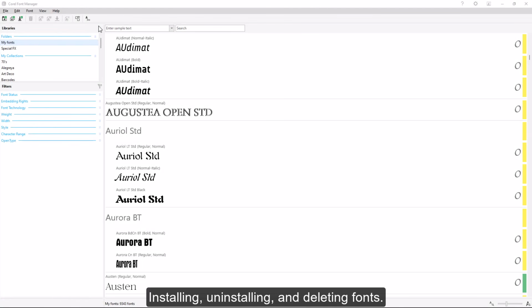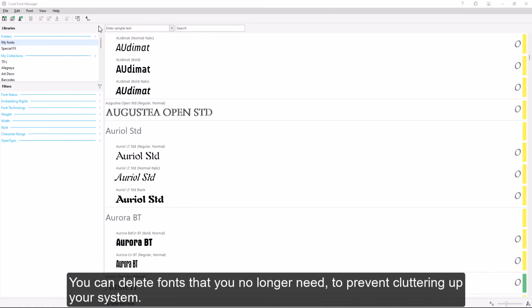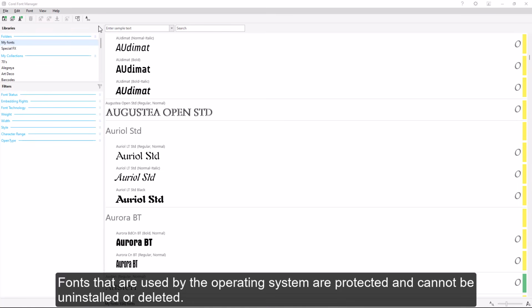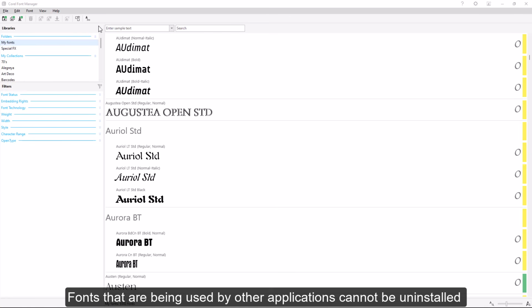Installing, uninstalling, and deleting fonts. Corel Font Manager lets you install and uninstall single or multiple fonts, as well as entire font families. You can delete fonts that you no longer need to prevent cluttering up your system. Fonts that are used by the operating system are protected and cannot be uninstalled or deleted. Fonts that are being used by other applications cannot be uninstalled or deleted before you close the applications or restart